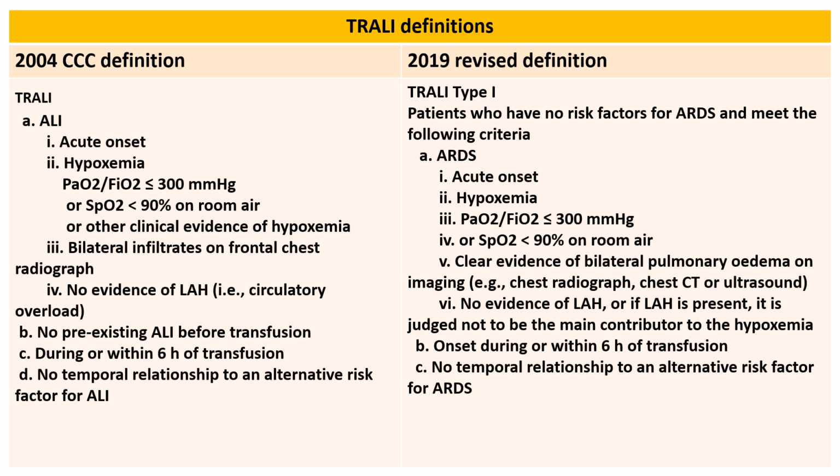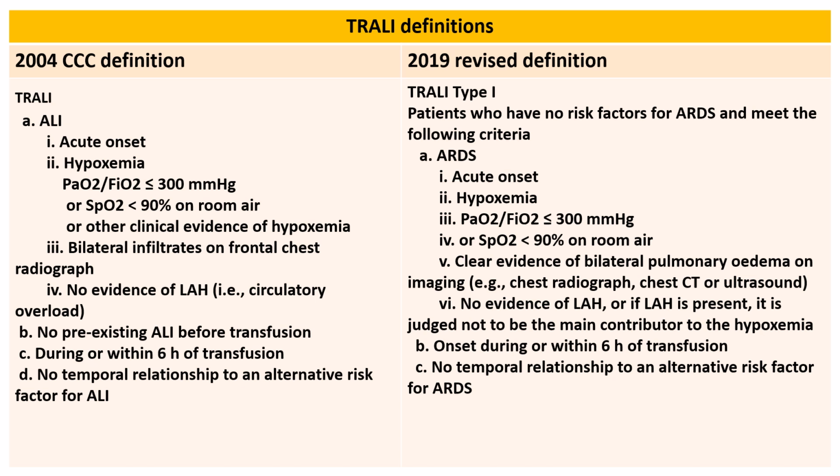They said that TRALI is divided into early, that is acute lung injury, which is said when there is acute onset of hypoxemia, when the partial pressure of oxygen is less than or equal to 300 mmHg, or SpO2 is less than 90% on room air, or any other clinical evidence of hypoxemia. There is presence of bilateral infiltrates on chest x-ray, and there is no evidence of LAH,